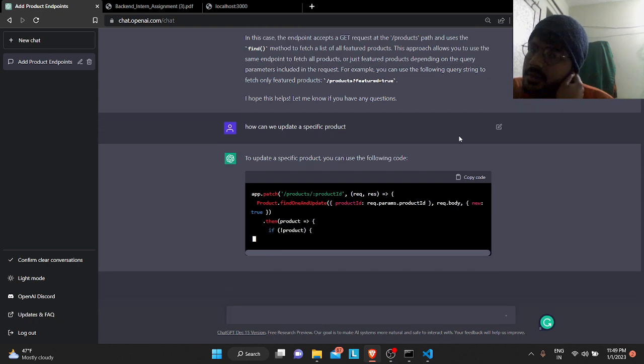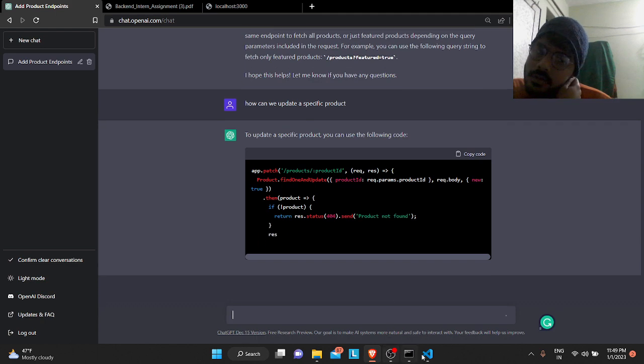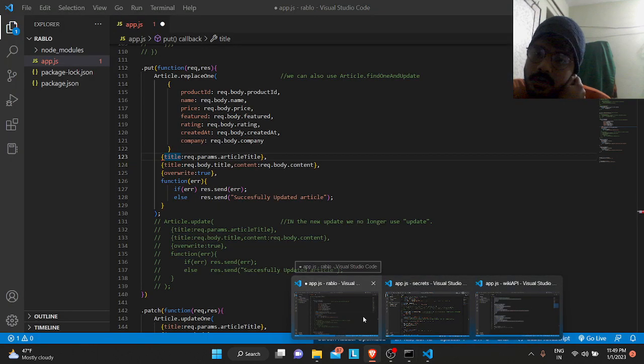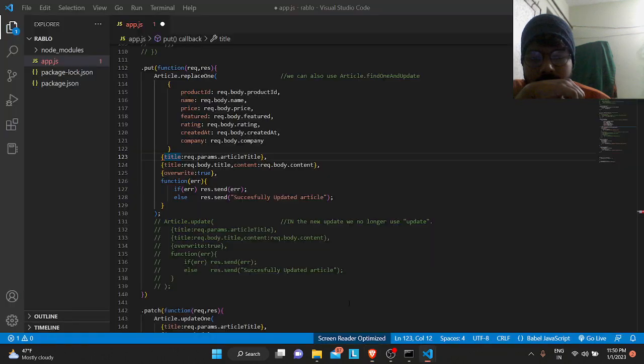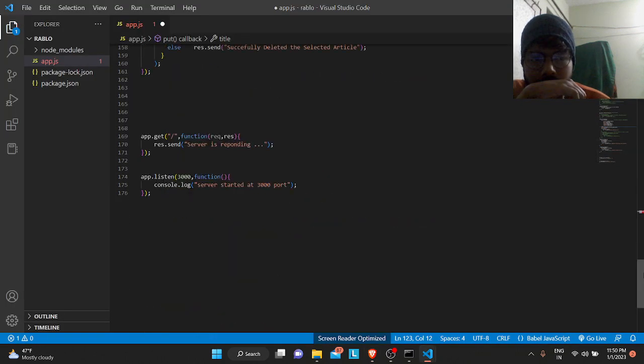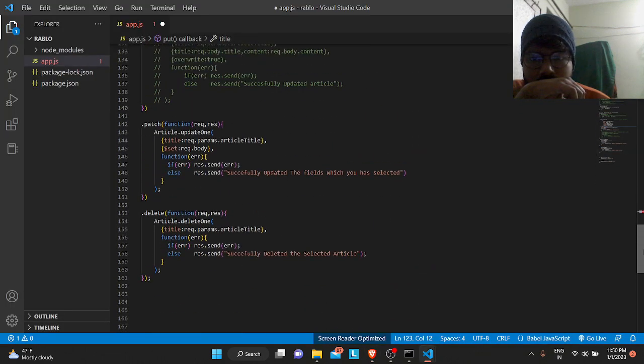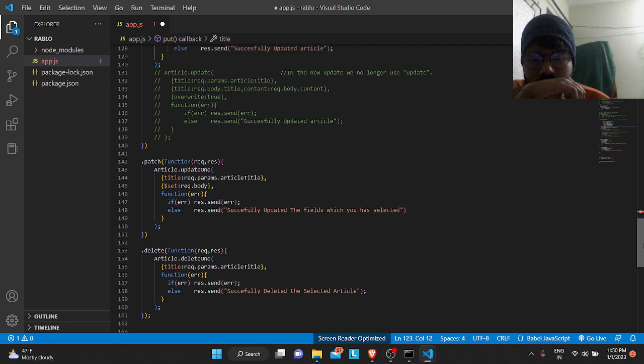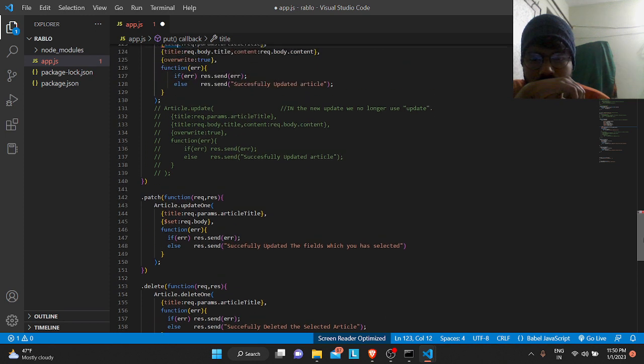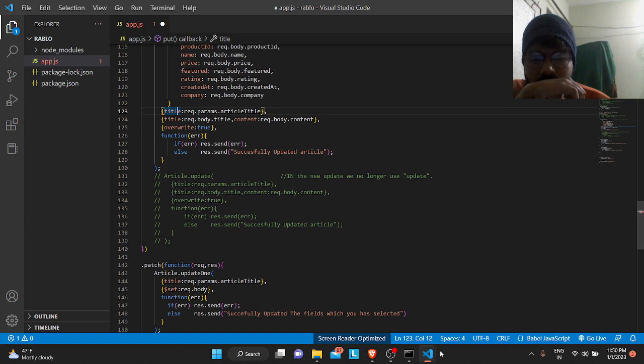Patch. But do I use put or do I use patch? Put article in one and update. And for patch, what do I